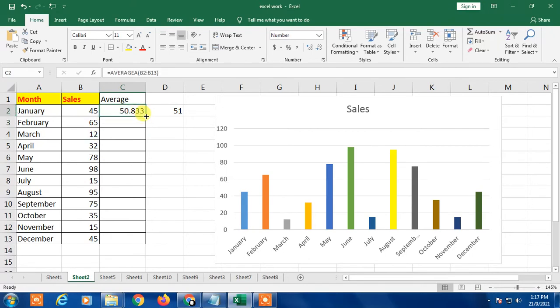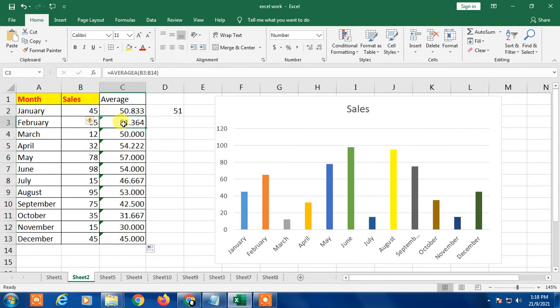So see, click on this corner and just drag by clicking the left button of the mouse. And when you drag this, you can see this value is not correct, it is a different value. We need the same value in all these rest of the sales. So as you see, this is not the same value, it is a different value.